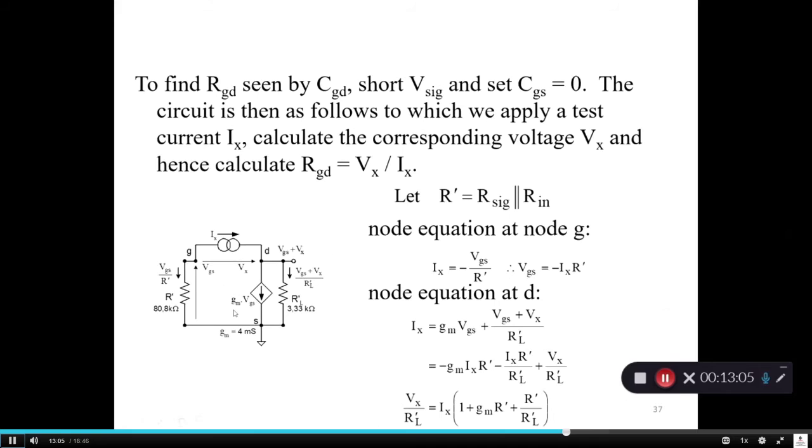So for that purpose, you can use the Miller theorem. I will show you that Miller theorem in the next example, but here I am showing you the second process. In that second process, what happens? Going back,